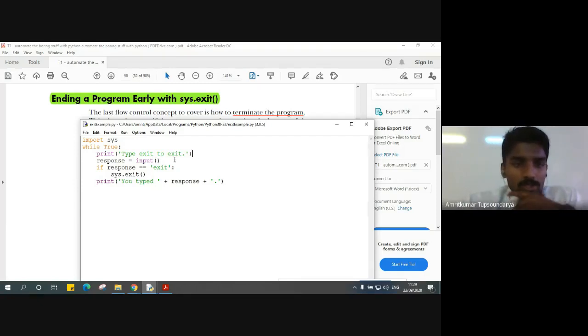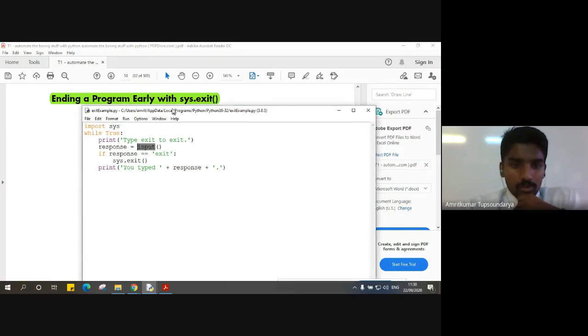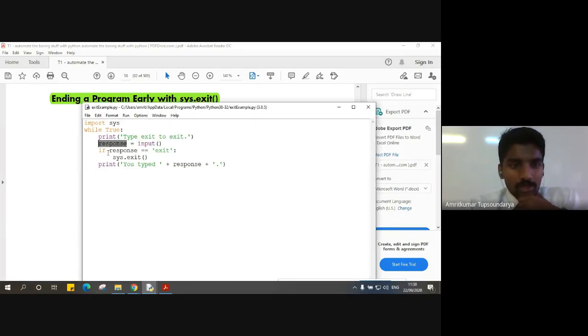Once the user inputs the text, which is taken using the inbuilt input function, it will be stored in the form of a string, and that string will be assigned to the variable called response. Whatever input is given by the user will be stored in the variable response. Now we are checking if response is exactly equal to the string exit, right?